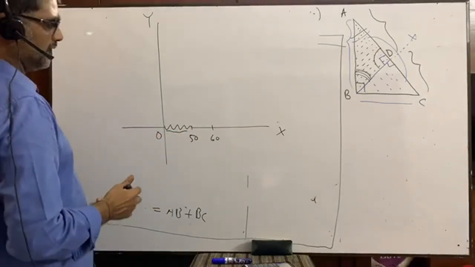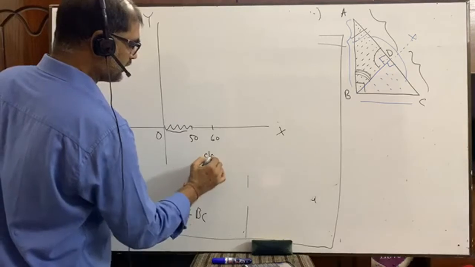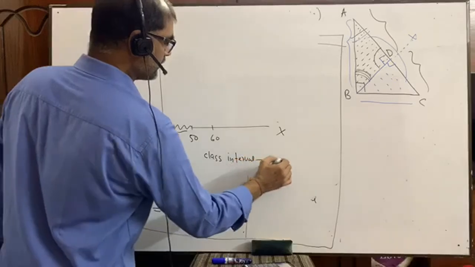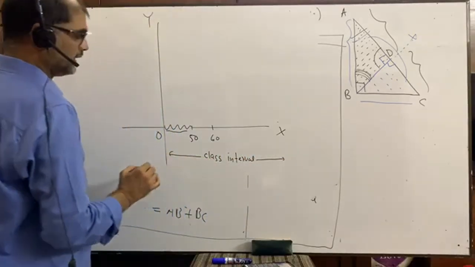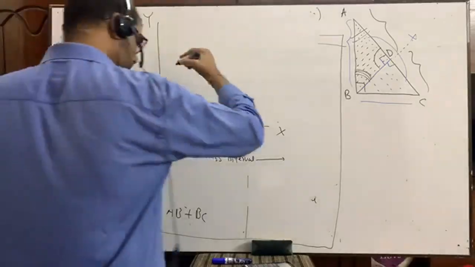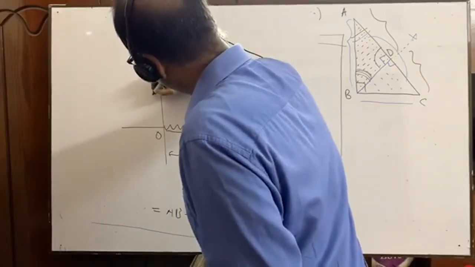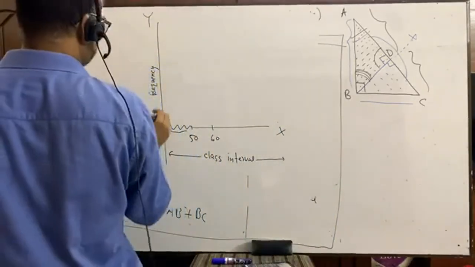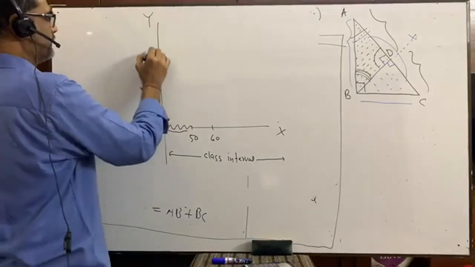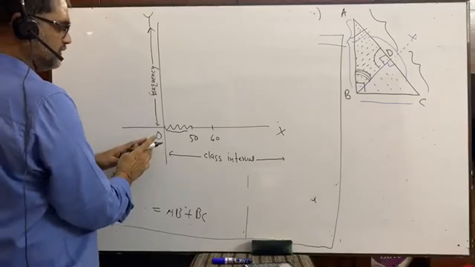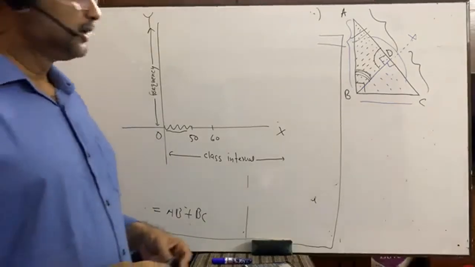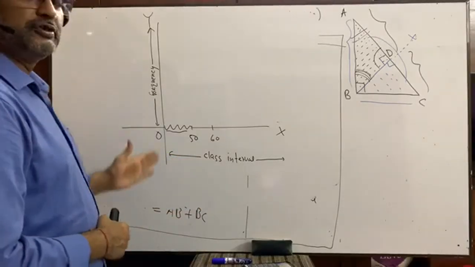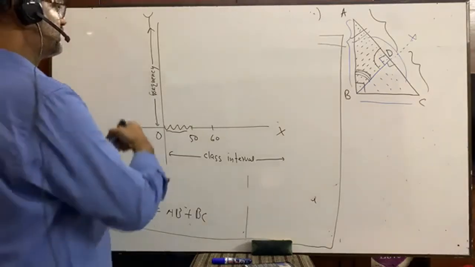Now actually here you have to write down class interval in this way. And here you have to write frequency. You see how I am writing it. Frequency, in this way. Then you have to write that it is the origin. You have to take the same graph paper where along x-axis the classes are taken, and along y-axis the frequencies are taken, and you have to write the scaling. Scaling is very important.